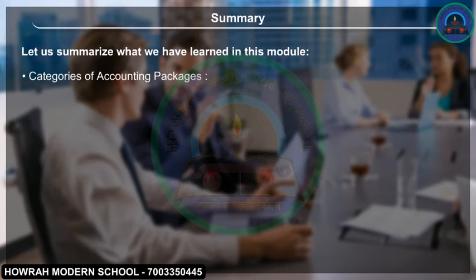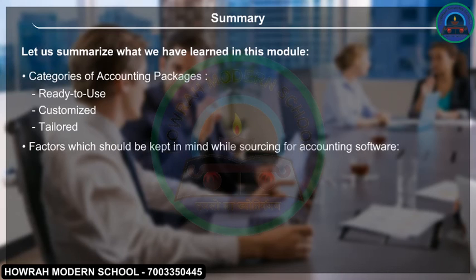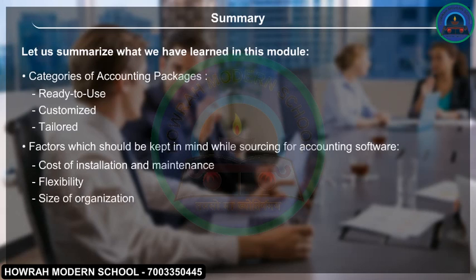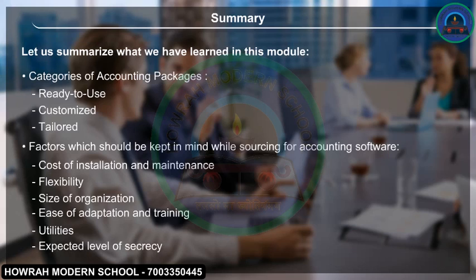Categories of accounting packages: ready to use, customized, tailored. Factors which should be kept in mind while sourcing for accounting software: cost of installation and maintenance, flexibility, size of organization, ease of adaptation and training, utilities, expected level of secrecy,